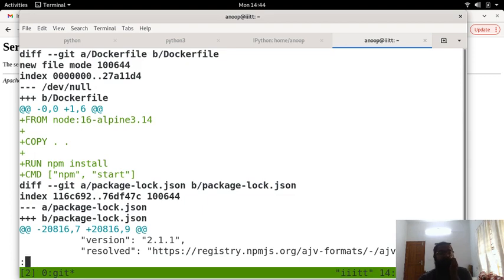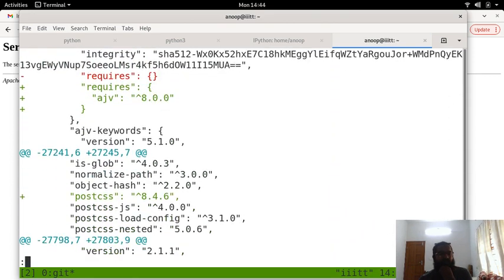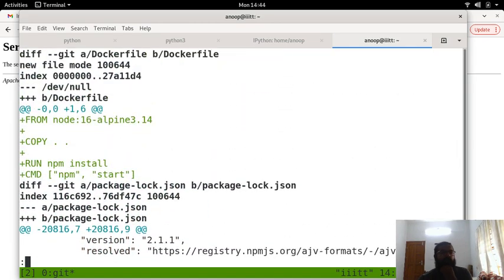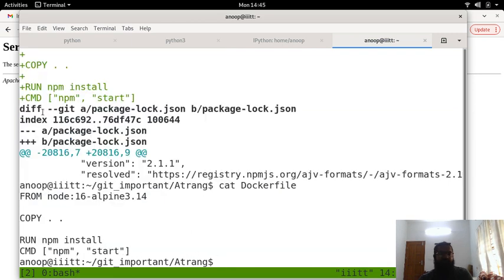You can see that the only thing that has changed is, don't worry about the package JSON, the only thing that has actually changed is there's something called a Docker file that is added, and the Docker file contains the necessary code. So what I will do is cat Docker file. Okay, so this is the entire code.